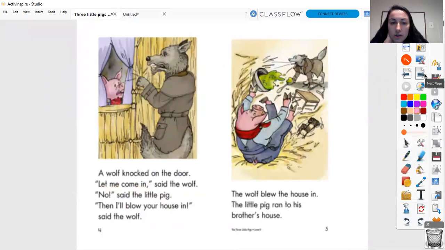A wolf knocked on the door. "Let me come in," said the wolf. "No," said the little pig. "Then I'll blow your house down,"